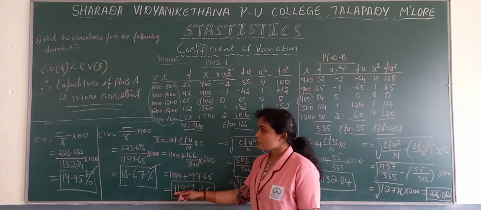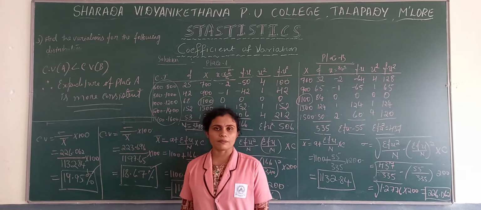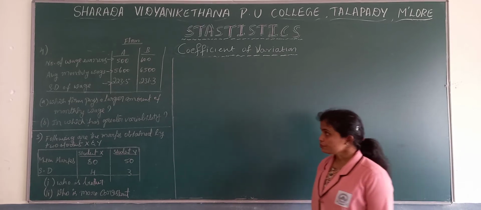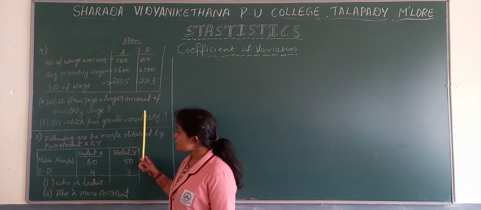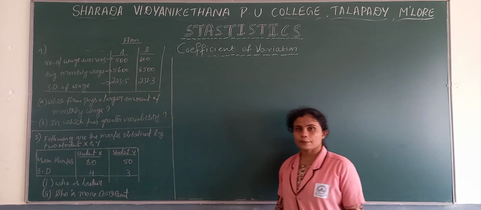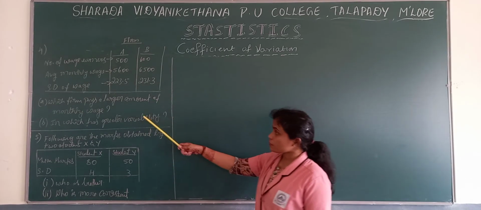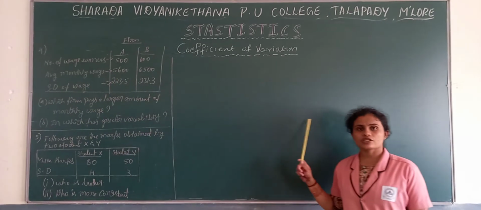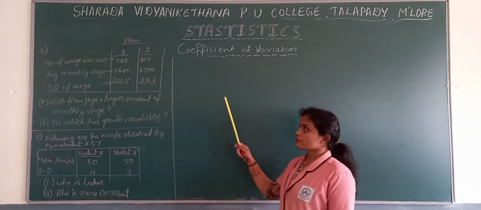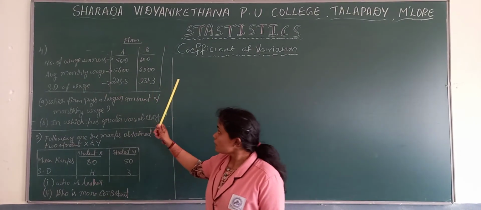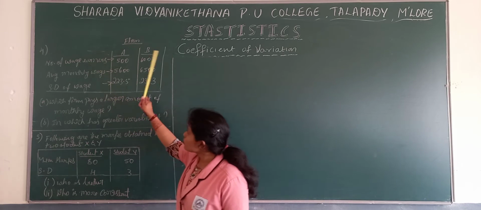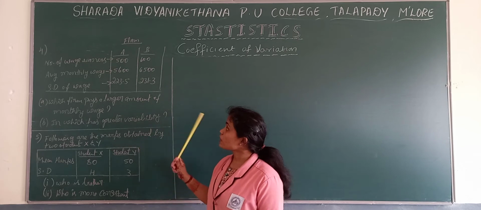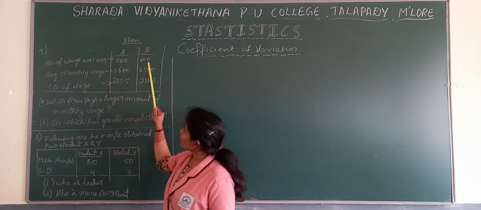Now we'll see some other kind of problems under the same method. Now we have some other kind of problem. See, this kind of question may also appear for 5 marks. If it comes, it's a very easy problem. Here it's not necessary to calculate standard deviation or arithmetic mean, as they have directly given the standard deviation and arithmetic mean. Now here we have two firms, and the number of wage earners, that is how many employees there are in firm A and firm B.